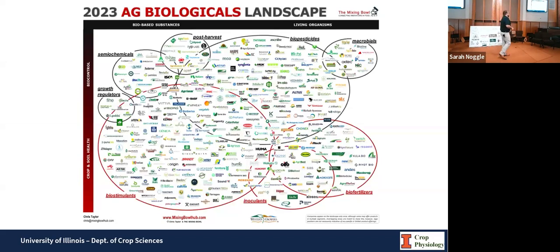But it's a huge market. Now, most people, when I've seen them use this slide, stop here. These are all the companies working in biologicals. How many companies do you know sell one product? Imagine if we remade this graph with all the products that you have the option to purchase. It gets big fast. A lot of that's because there's not much regulation on that, but it's a growing market